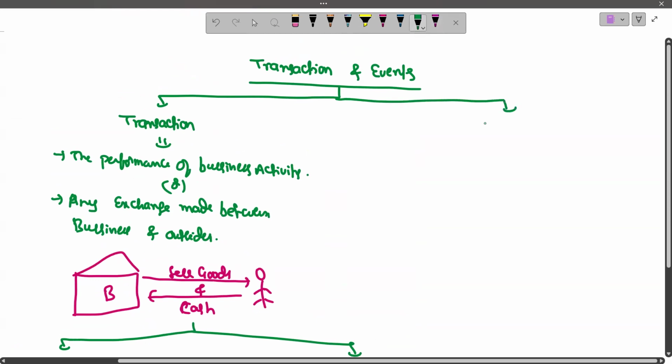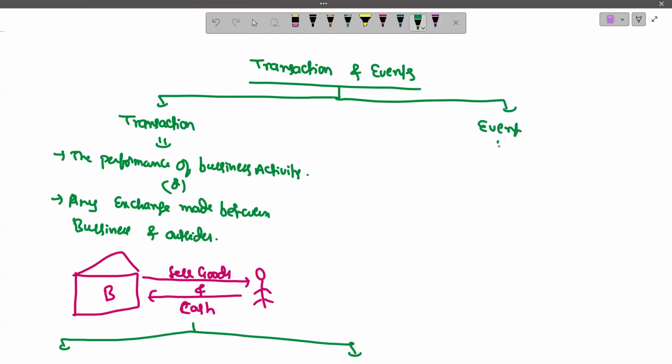And the second one is event. Event is defined as the consequences or the end results of the transactions. The consequences or the end results of a transaction are called what? Event. And it means, for example,